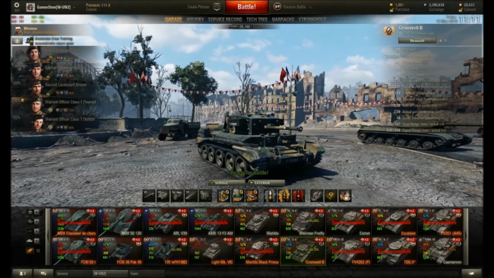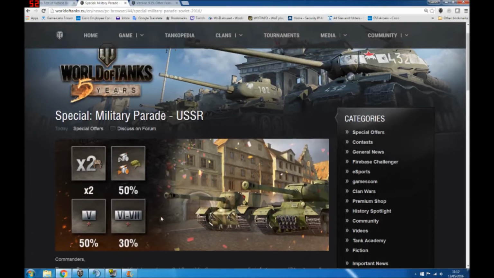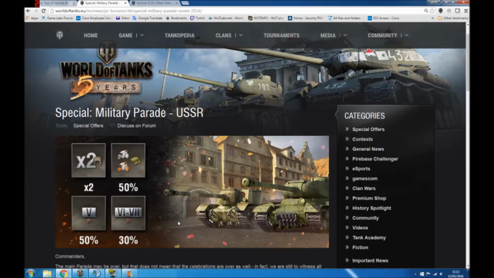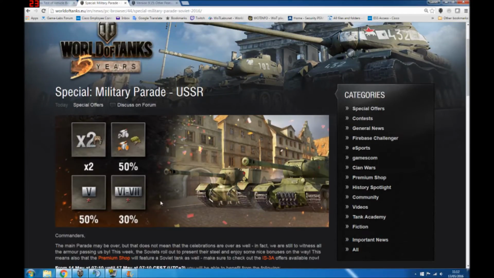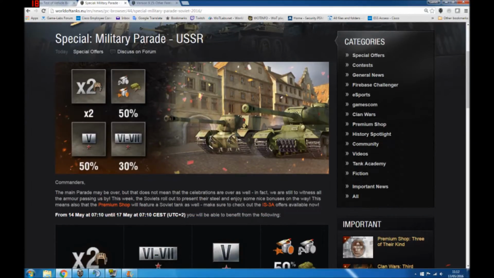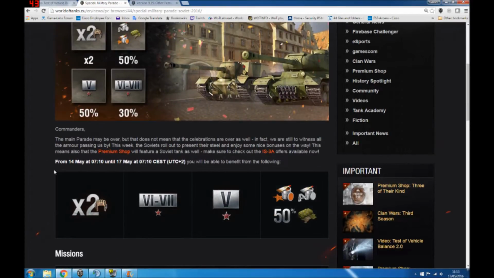Excuse the dog barking. So next up, let's have a quick look at what's coming this weekend in terms of bonuses. Well, it appears to be Russian weekend. Most people would say it's Russian week every week in Wargaming's world, but such is the bias towards the Russian vehicles in this game. But anyway, whatever. This weekend until May 17th, 7 o'clock in the morning, you get ×2 crew experience for every battle, so that will help the bots out no end when they come out just to put their tanks in